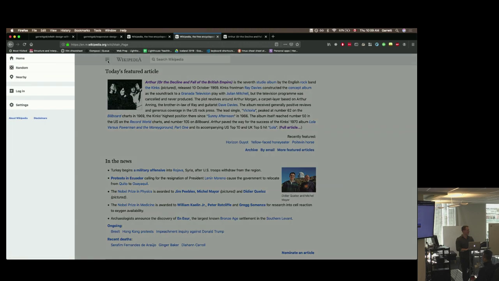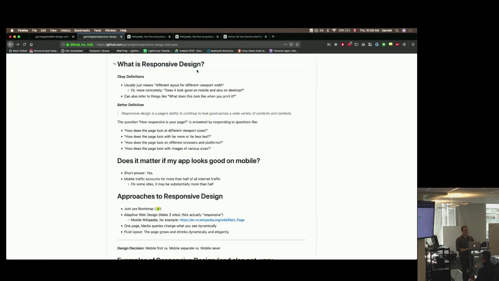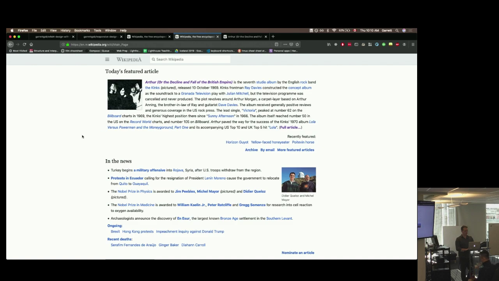But yeah, they had a lot of stuff in this hamburger menu over here. And yeah, to your point, they serve you an entirely different site, right? And that's one of the approaches we're going to talk about here. But before we get into that, I think we want to think about not just web or mobile. We want to think of it more as a spectrum of different contexts that you could have it in. So what's cool about Wikipedia Mobile is that